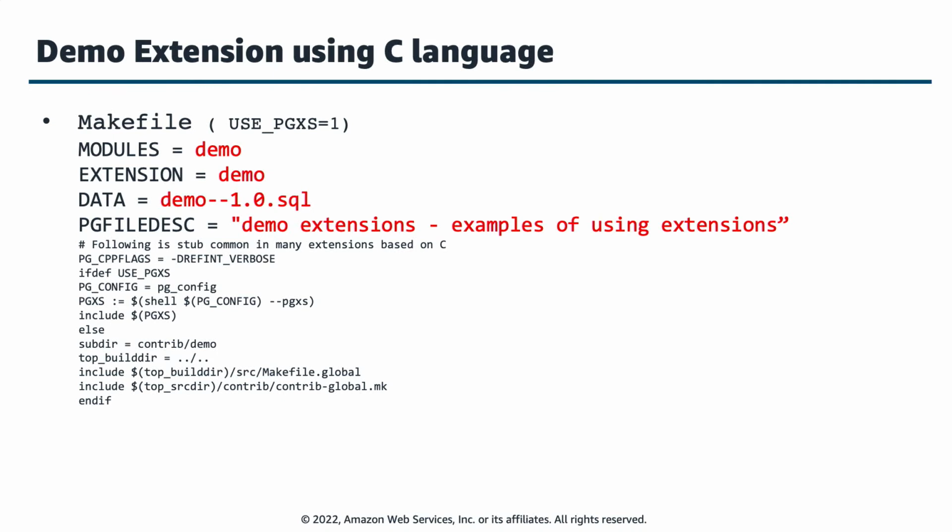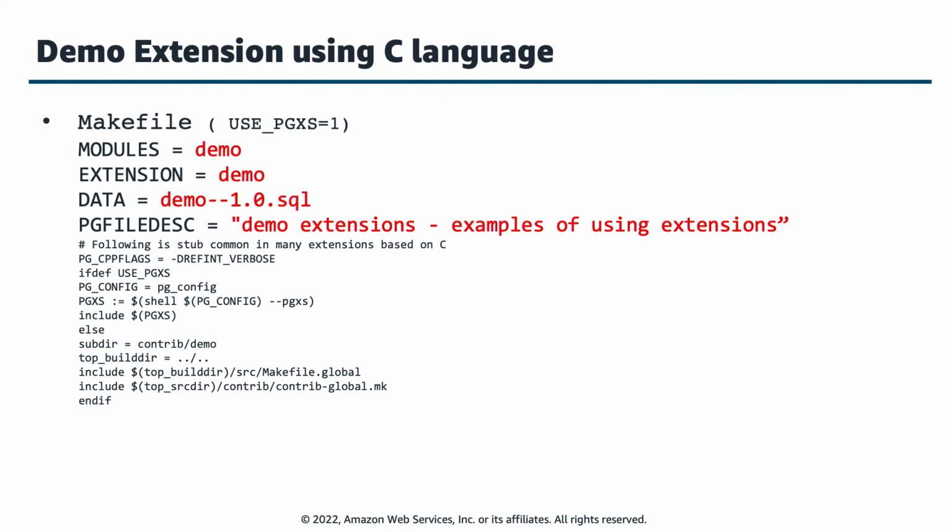So the makefiles that you could actually get are standard. There is standard stuff for all makefiles provided by Postgres. The ones I've highlighted: you can take the standard from one of the existing extensions and just change these values specific to your extension. To be honest, if you look at the details, all it has is what's your C module, what's your version number that I need to be aware of, and every extension is expected to have a .control file, so it knows what the standard things it needs to look into are when loading the module. So whatever you were doing as a manual copy before, now you can do it with this makefile,